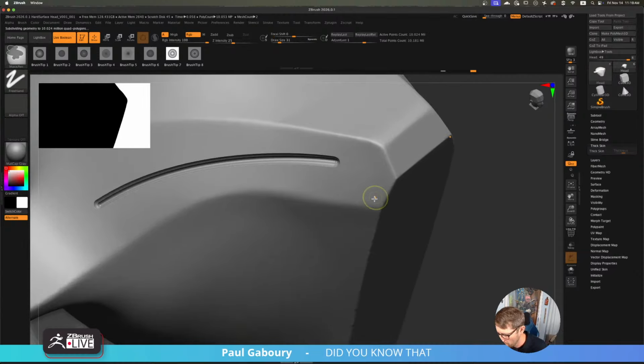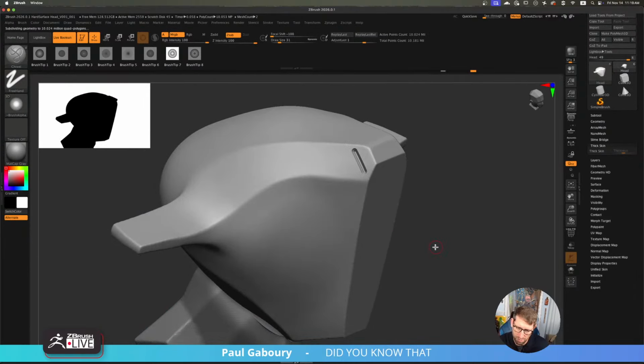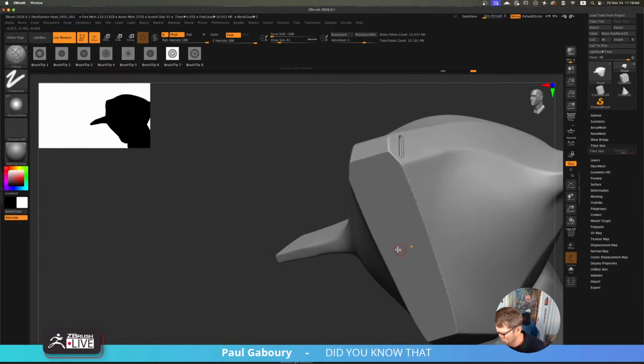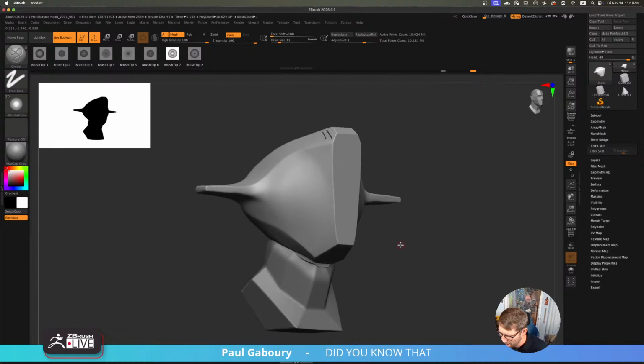So this is the stroke I can get, right? By default, it's just going to work based upon the 3D alpha that I have. And then you have this, right? This is the kind of stuff I will start to do once I get a little bit more of the design. This is how we start bringing the hard surface part to life a little bit more, in my opinion.